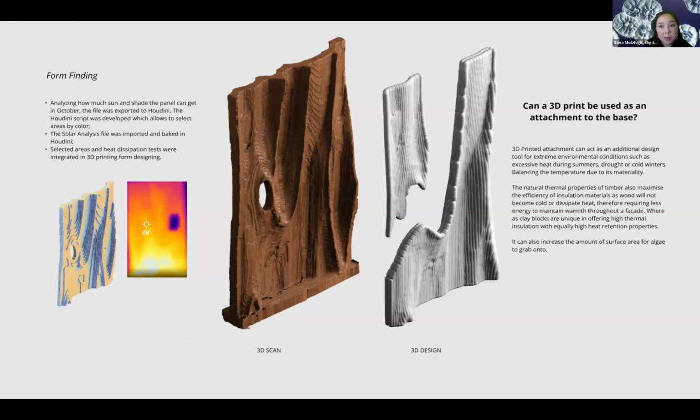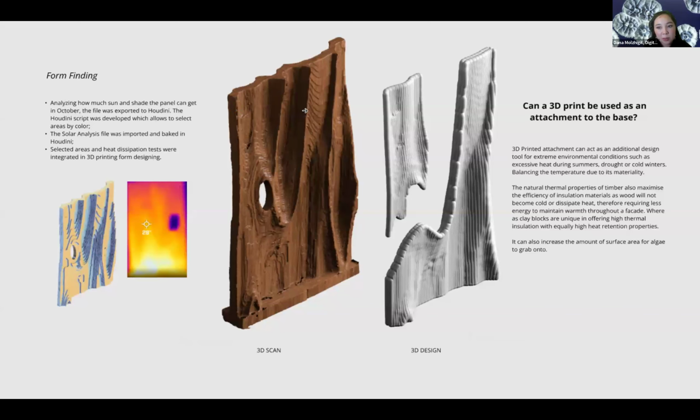Why 3D printing? 3D printed attachments can act as an additional design tool for extreme environmental conditions, such as excessive heat during summers, drought, or cold winters, balancing the temperature due to its materiality. So you can design a panel that is standardized, for example, and send it out to locations, even 2-3 cities in your country, and you can adjust the design based on the environmental simulations by 3D printing additional